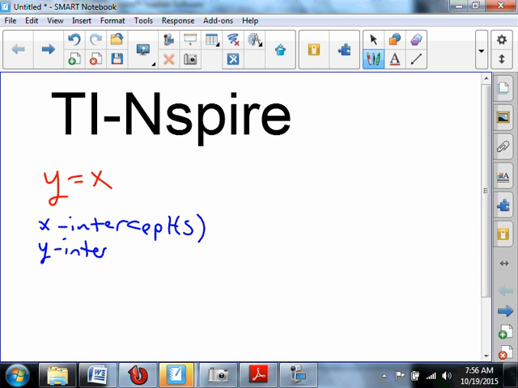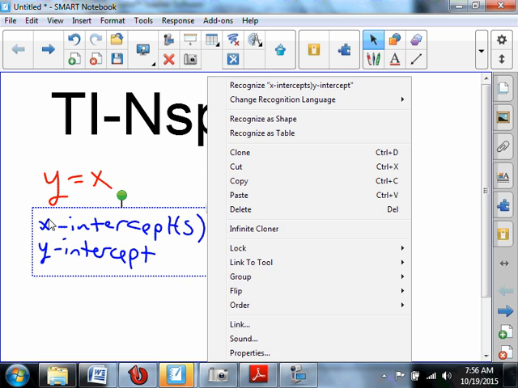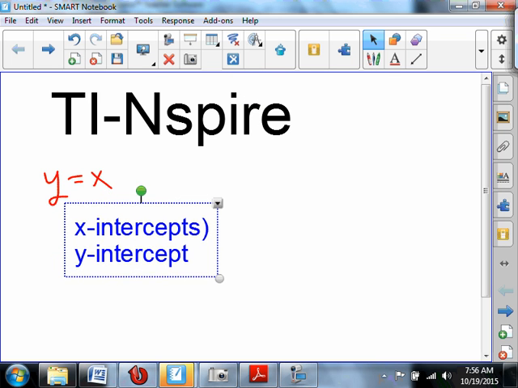y-intercepts, actually just a y-intercept, because if something had y-intercepts, it wouldn't be a function and we wouldn't be able to graph it. But some functions are going to have x-intercepts and some are going to have a y-intercept. So x-intercepts, y-intercept, and there's something else as it relates to a quadratic that we're going to be talking